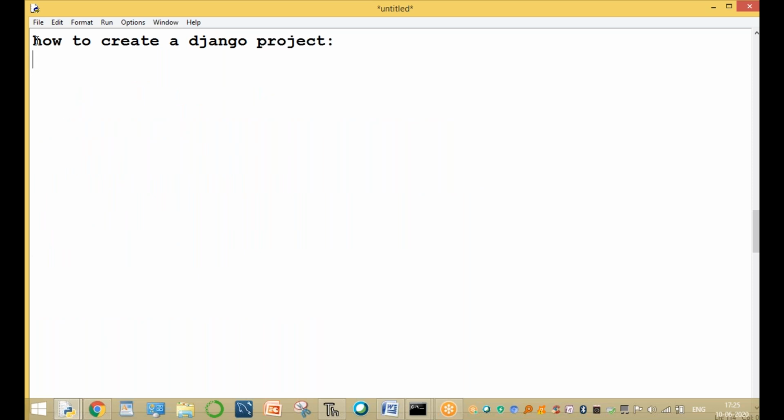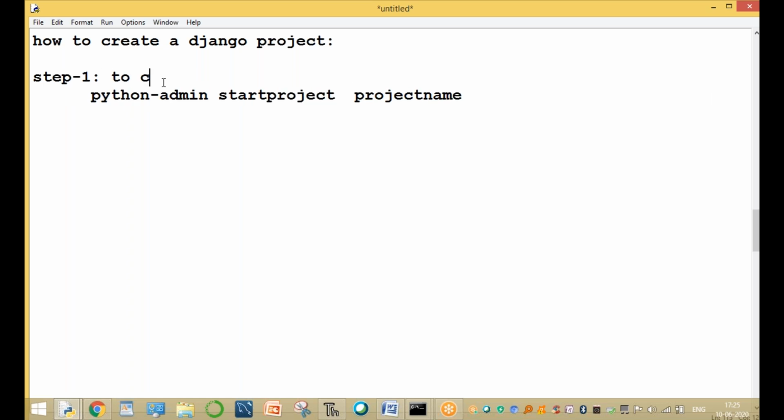After installation, we have to create the project. How to create a project? Here is the first step. The command is django-admin startproject followed by the project name. This is the complete syntax. Step 1, to create a project,